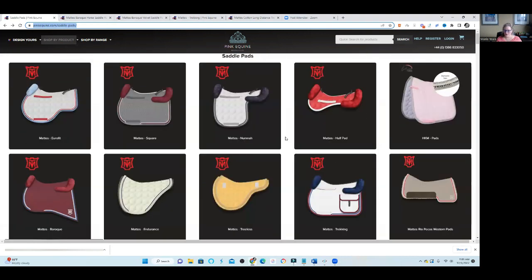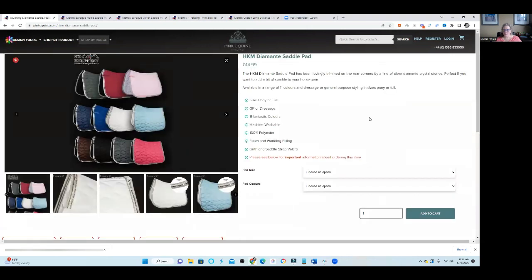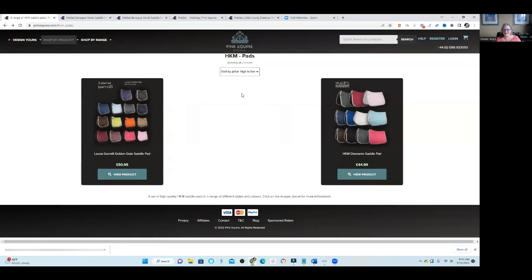So you have subcategories that are now supporting your main categories, and your subcategories are also supported with proper anchors, so that Google understands this is the HKM category page, and this HKM saddle pad supports the subcategory, and the subcategory of the HKM pads supports the main saddle pads category. Now, interlinking is not the only way to clean up keyword cannibalization, but it's the one thing that I can